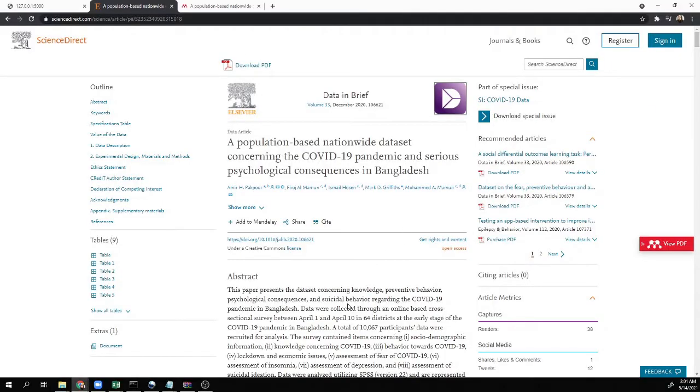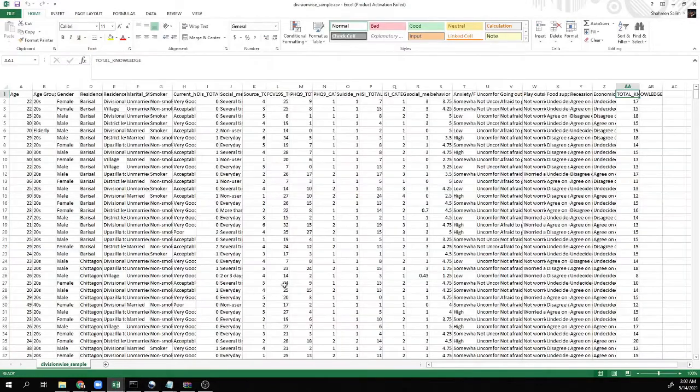This dataset was conjured from a nationwide survey that was done during the second month of lockdown in 2020 in Bangladesh. This dataset had around 95 plus variables and 10,067 samples, but I have cleaned the data and extracted the variables that are necessary for my analysis. Now this current dataset looks like this, and it has around 1,006 samples, and I have used stratified sampling on the divisional regions of Bangladesh. Bangladesh has 7 divisional regions, and there are 27 variables here with 16 categorical and the rest numerical.